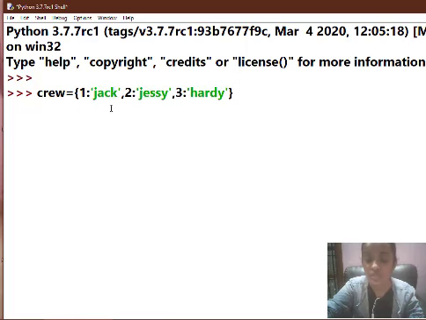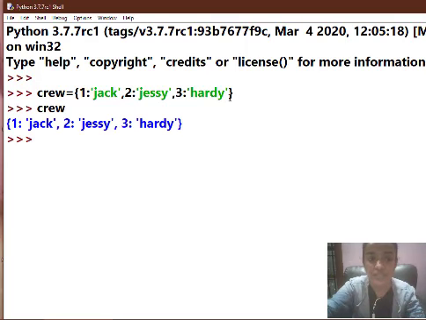Since both are mixed here, we call this a key value pair, and this entire thing becomes a dictionary. So now when I ask Python to give me crew, it gives me the entire dictionary here, and this dictionary will make sense when we need to fetch something from it. For example, if I need to fetch Jessie from the dictionary, what should I do?